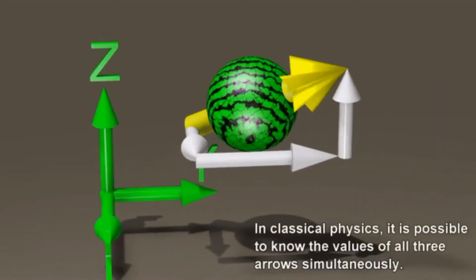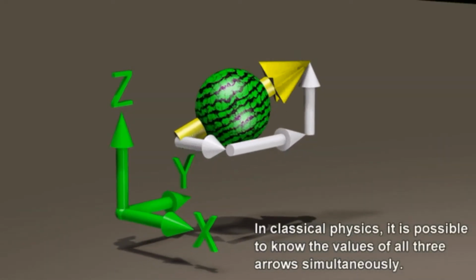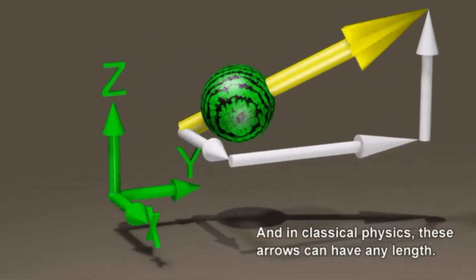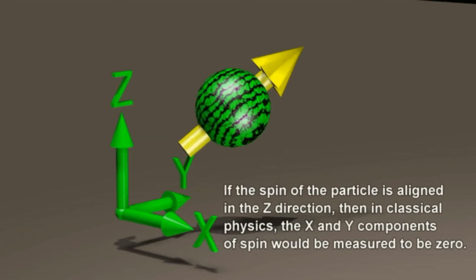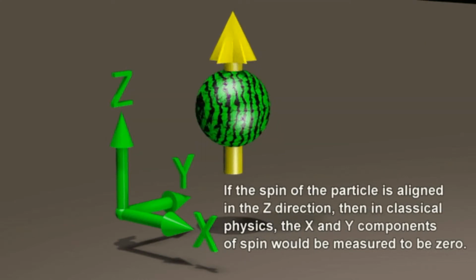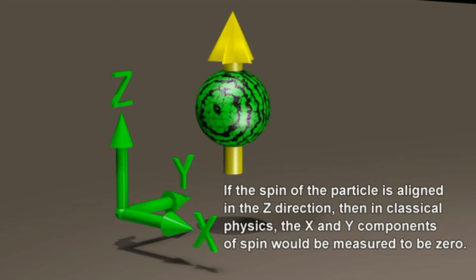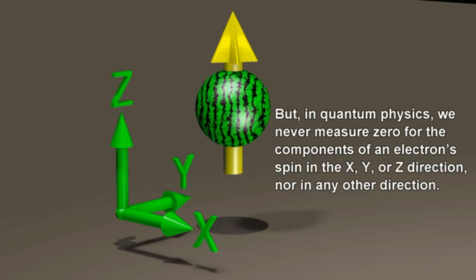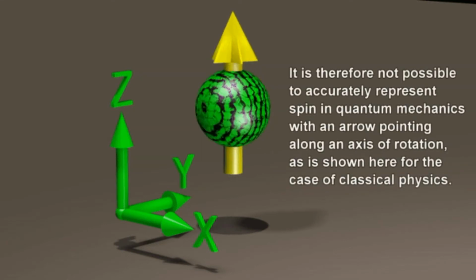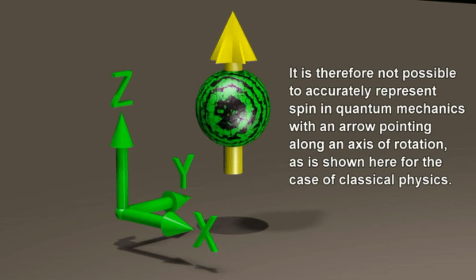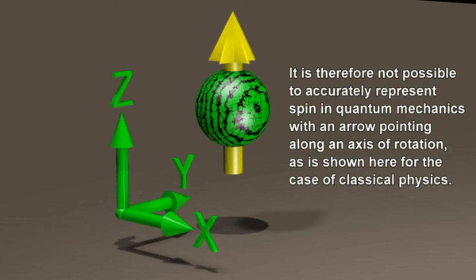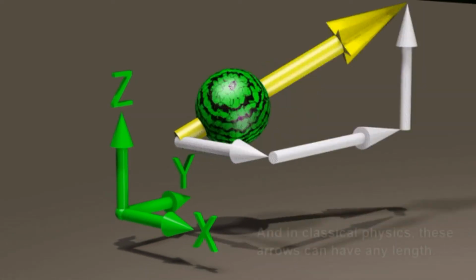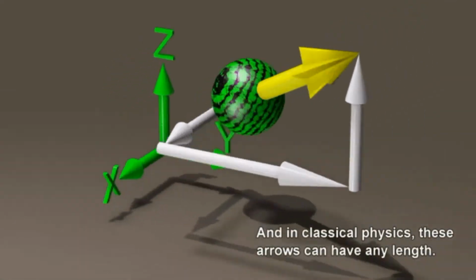And what they're saying essentially is that in classical mechanics and regular mechanics, you know the speed of a top, and you know in which direction it is pointing, and that gives you information about the other two axes. Like if the top is pointing upwards, north, in the z-axis direction, you know that it's spinning in the xy direction, right? All that information is lost in quantum mechanics, because once you try to measure, you affect